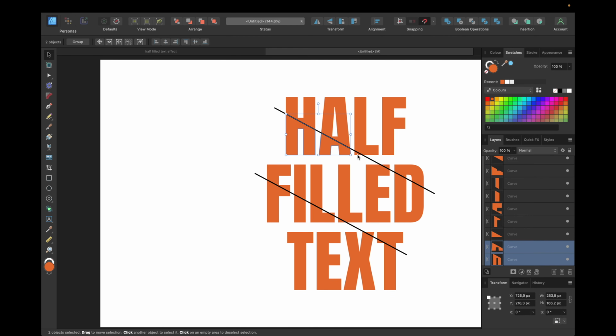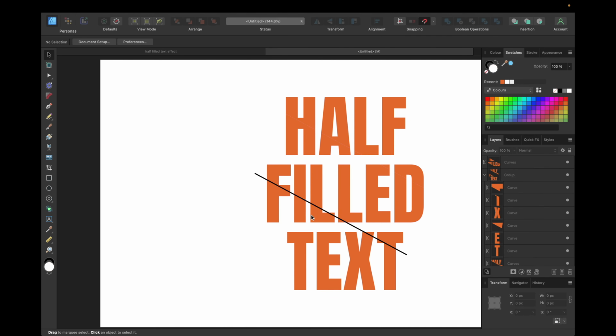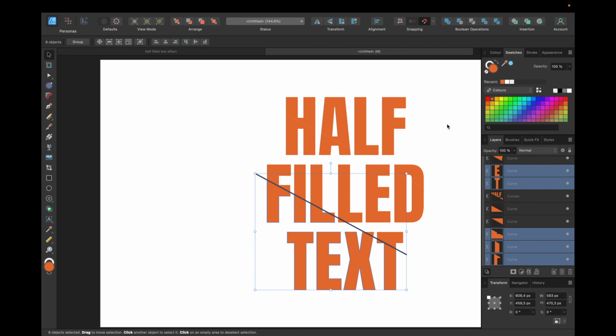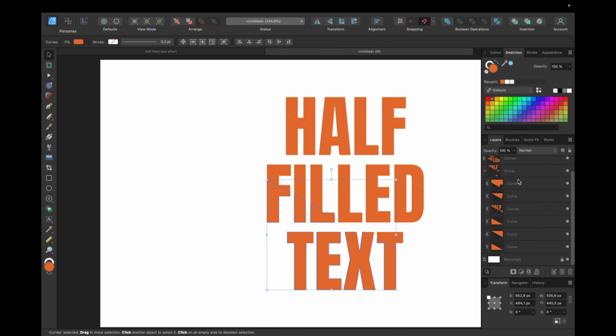And the same for the inside part. So holding down shift and selecting right here. You can also use the layers right here if you want to, and going add again, and the same with the bottom part. So we're clicking on this right here, holding down shift and selecting this corner right here and those letters, and clicking plus. And now we see we missed some little parts, so we need to add them as well. So we hold down Command on the layers tab and select all of them. So those two go to the middle, which is